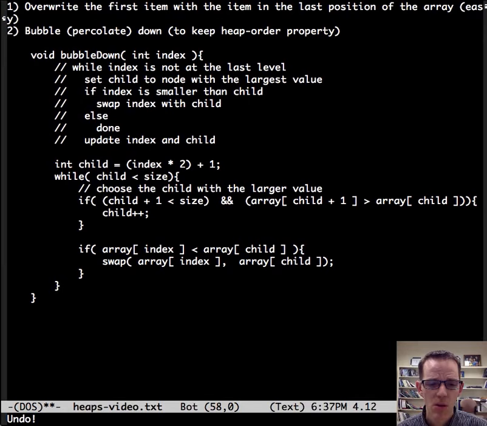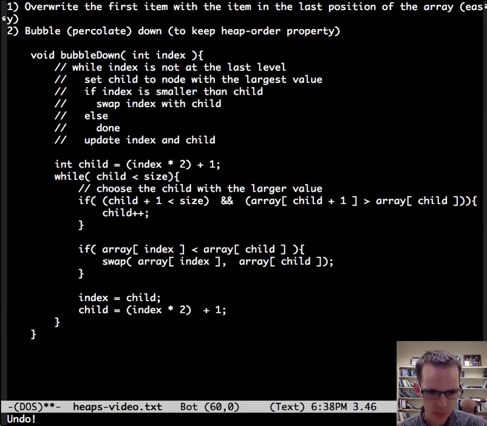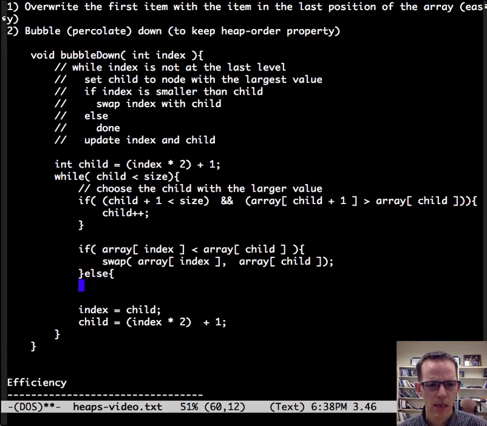If it is, we swap. And if we're not, we can be done. Then we update the index and the child, and there we go. Let's put this in here: else break